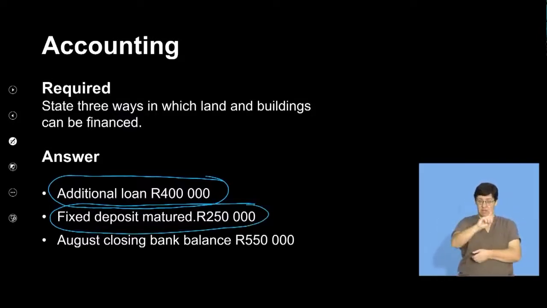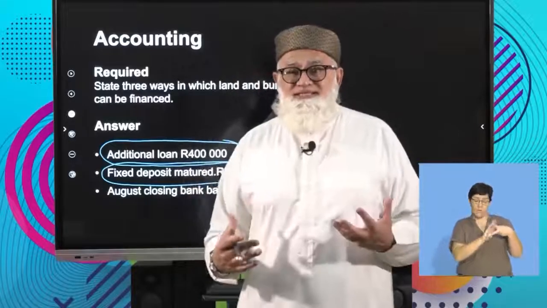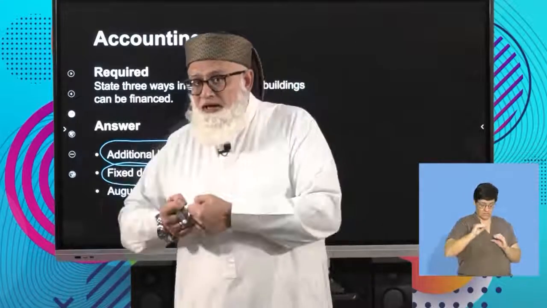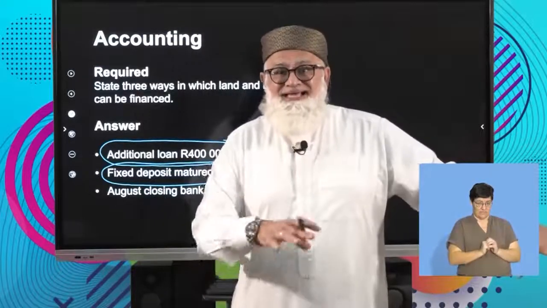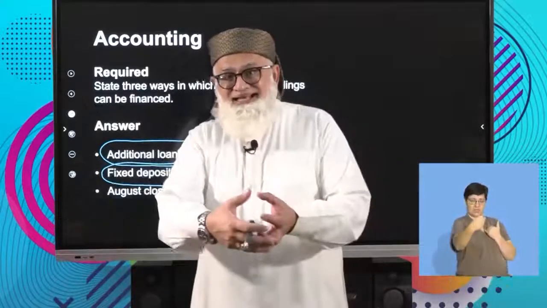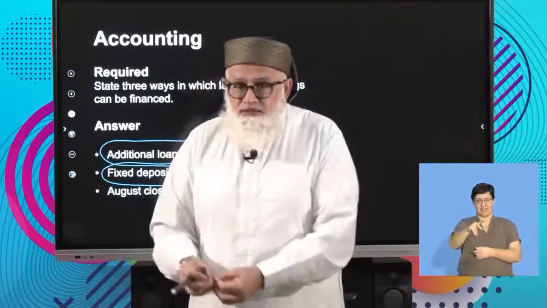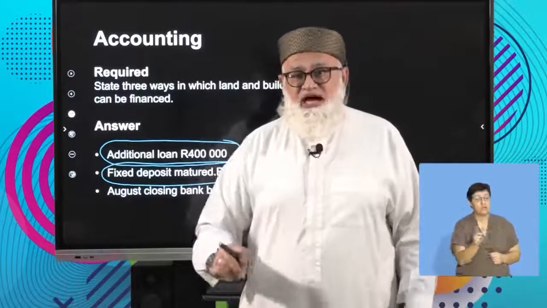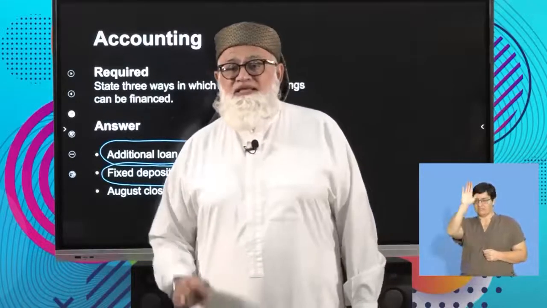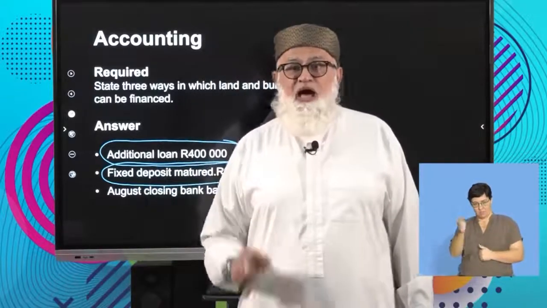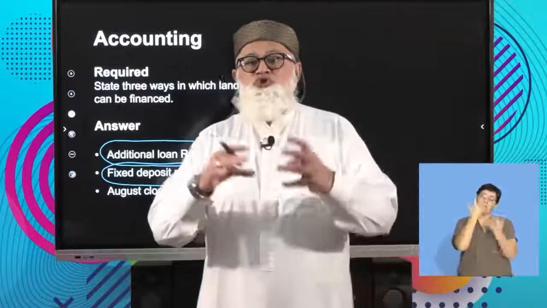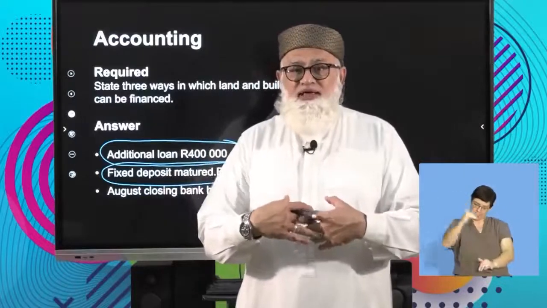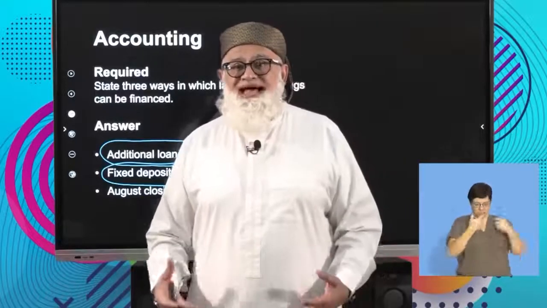Obviously, we know what the fixed deposit is. Let's look at the 2 possibilities. 1, a fixed deposit that we make. That means we take money out of our bank account and put it into a fixed deposit, which is regarded as a payment. Why? The money is taken out of my bank account and put into a fixed deposit, thereby leaving our bank account. Therefore, that is regarded as a payment and will appear under the payment section of my cash budget. However, when a fixed deposit matures, you have money flowing into our bank account, okay? And obviously, that would then appear as a receipt.